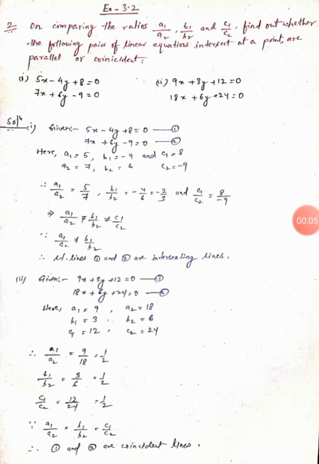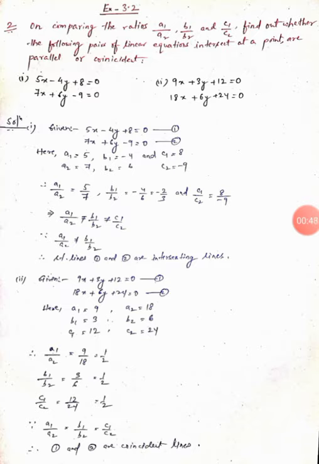Here I come with my new video. In the previous one I have given you the concept about how two straight lines which are given, we can say that they are intersecting or they are parallel or they are coincident. With the ratio of the coefficients of x and y and constant terms, we can find whether the straight lines representing pair of linear equations are intersecting lines, coincident lines and parallel lines.